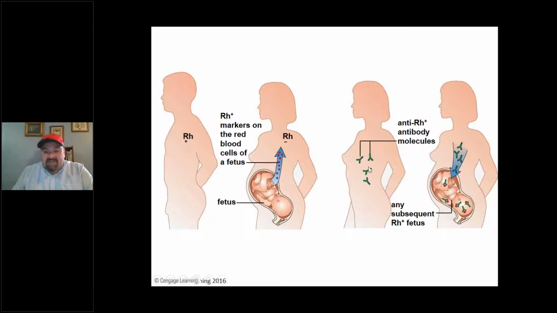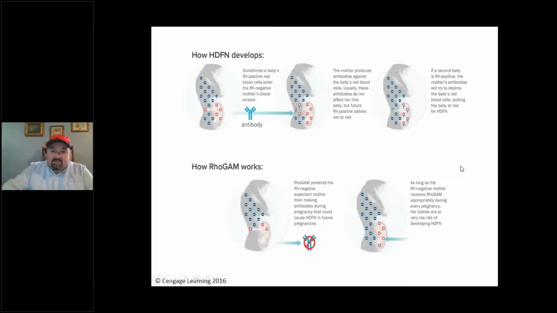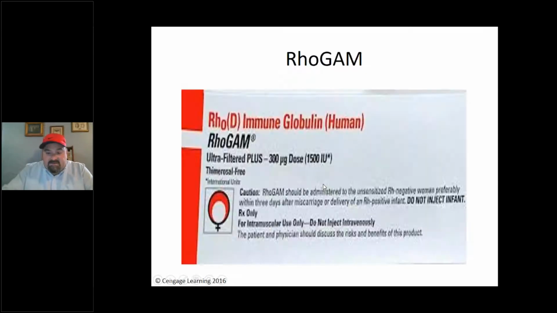So you'll see here these antibodies, right? Because if she's had a pregnancy with an Rh positive baby and they did nothing as far as any type of treatment, then subsequent, second baby or more, if they're Rh positive, mom's antibodies will attack that little baby. Okay. So this is RhoGAM. Okay. So RhoGAM is, I'll show you right here, RhoGAM. Okay. So this